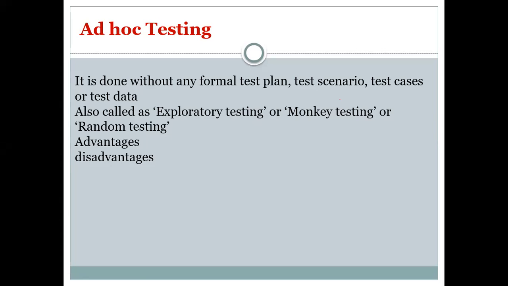But the disadvantage is that you must have some kind of screen recorder with you. Otherwise you will not know which particular path you followed to find that particular defect. If you try to come to that defect once again, it will be difficult if you do not have a proper procedure or any screen recordings with you.